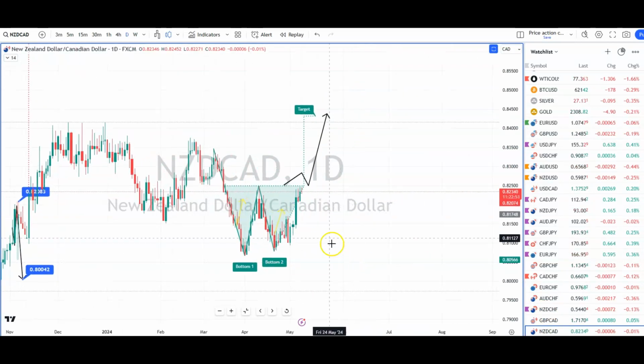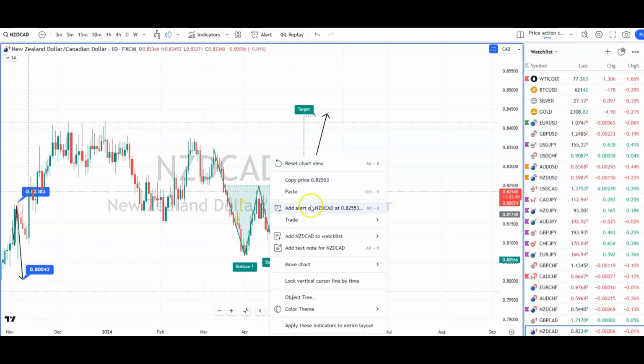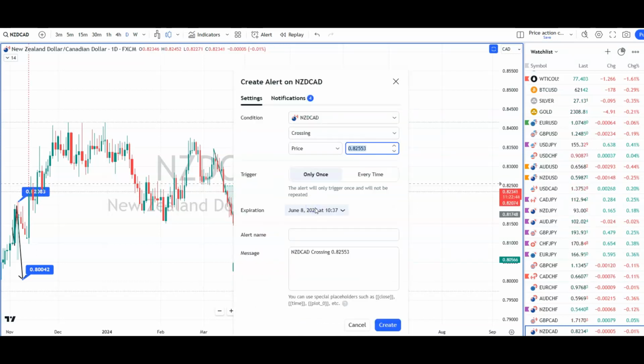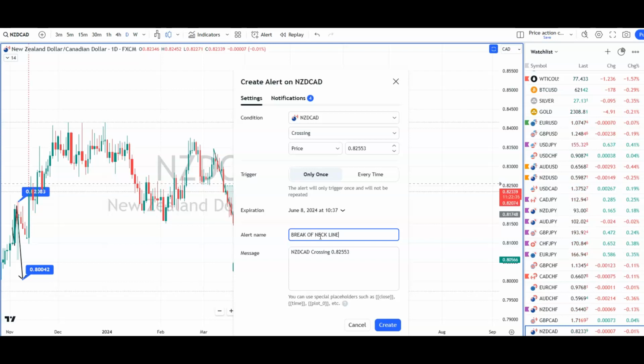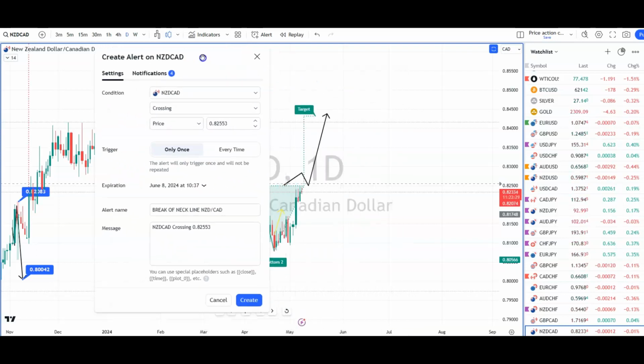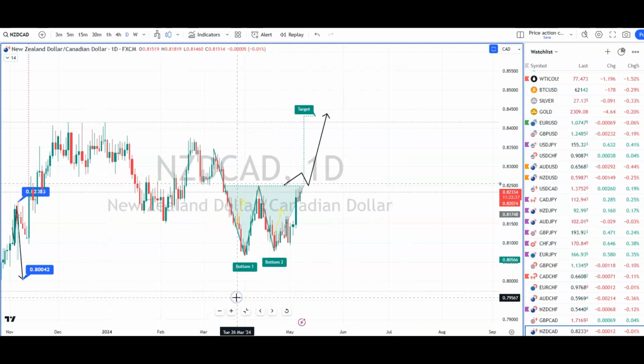So any break of this area here, we can put an alert there, can't we, just above that. So once that's broken, that comes to my email, and I will throw that into the VIP room for VIP